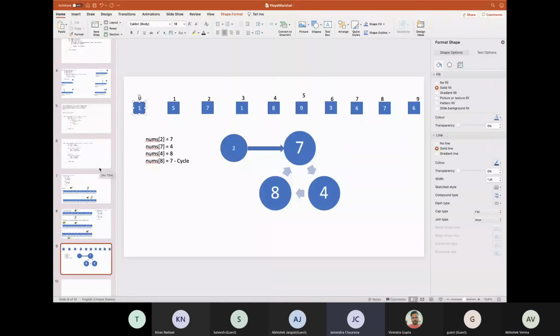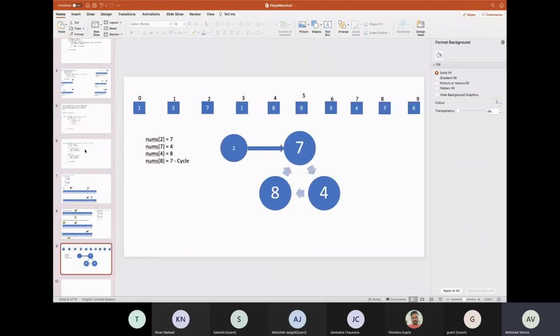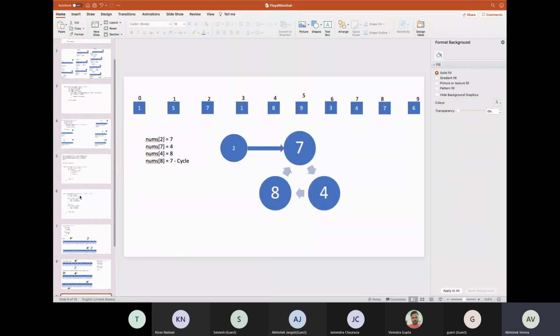Does this solution apply for that? Yes. The only place where it doesn't apply is if the number itself has 0 in it. Indexes could be any, as we have written in the problem statement also.